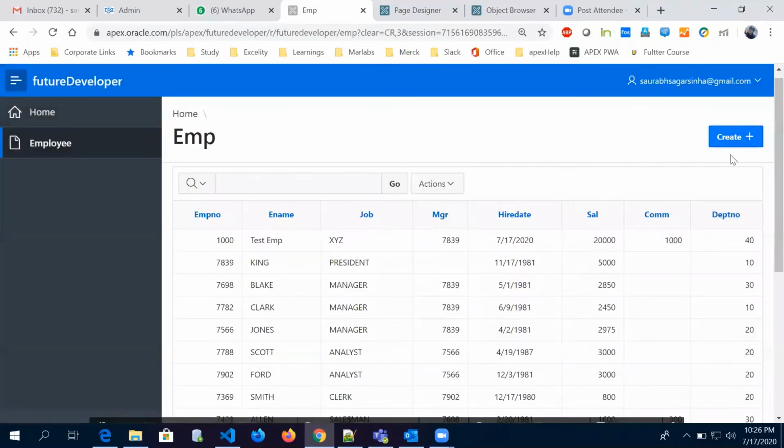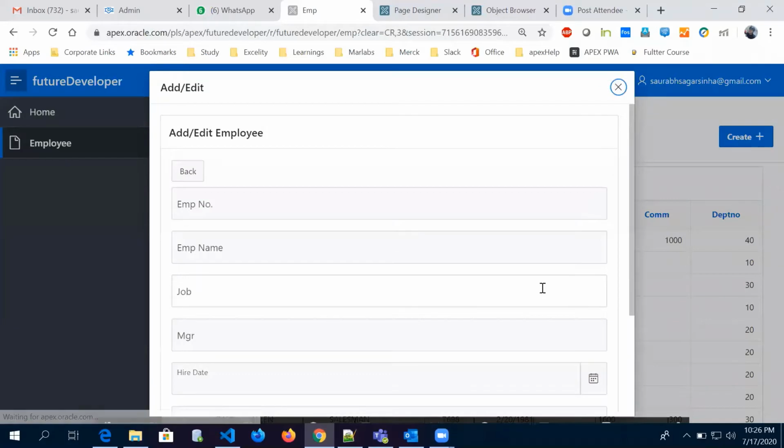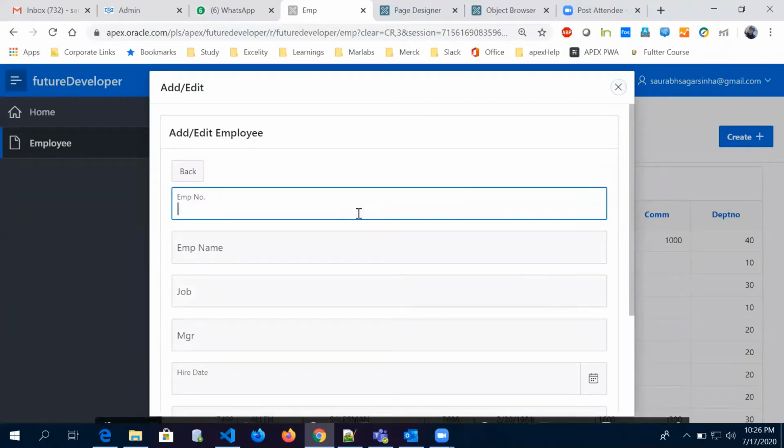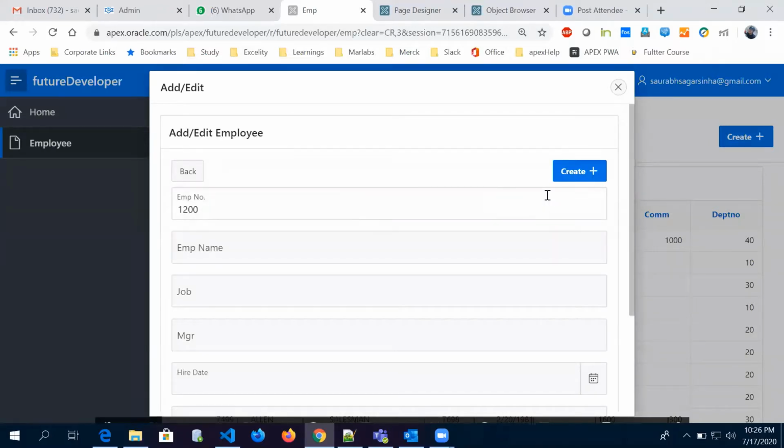Let me close it and let's create this page. So here we have employee number. Let's enter any number and hit enter. Once you hit it, this got some value and the button is visible. This is one way to do this. There are a lot of other ways. I was telling you about dynamic action and all those things; we can approach this requirement in other ways also, but this is one way as of now.